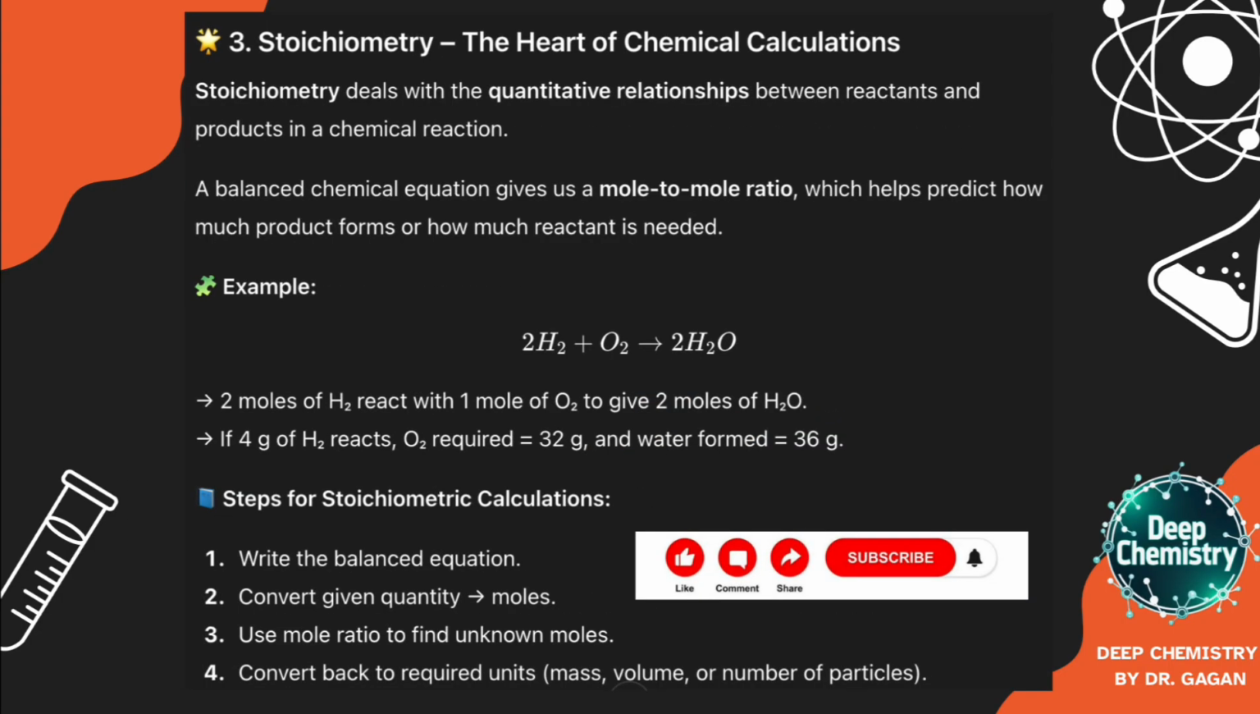If I start with 4 grams of H2, that's 2 moles. According to the ratio, I'll need 1 mole of oxygen, which is 32 grams, and I'll get 2 moles of water, which is 36 grams. Stoichiometry gives us this clear relationship between mass, moles, and volume, and it's used everywhere in chemistry, in labs, industries,